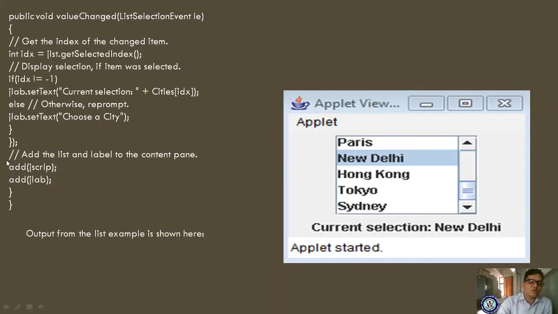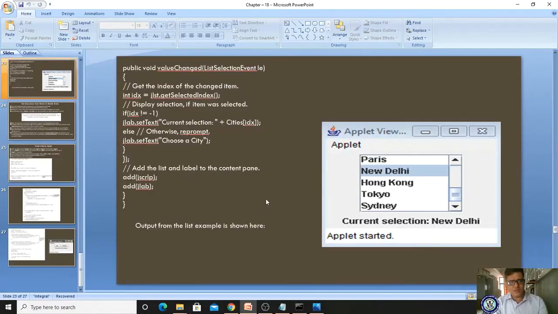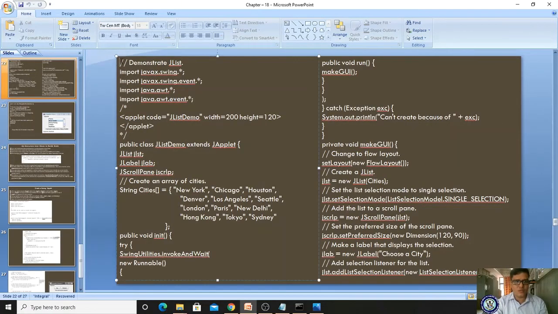Now afterwards you are adding this JScrollPane. The JScrollPane consists of the list box. The list box consists of a list of items, and everything you are adding to your container, the content pane. And add jlab, you are adding your label to your content pane. Okay, let me see whether it will work or not. Let me copy this.